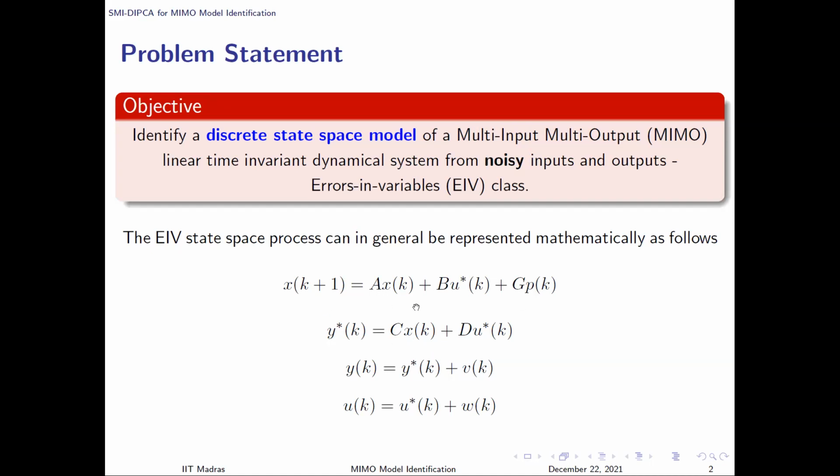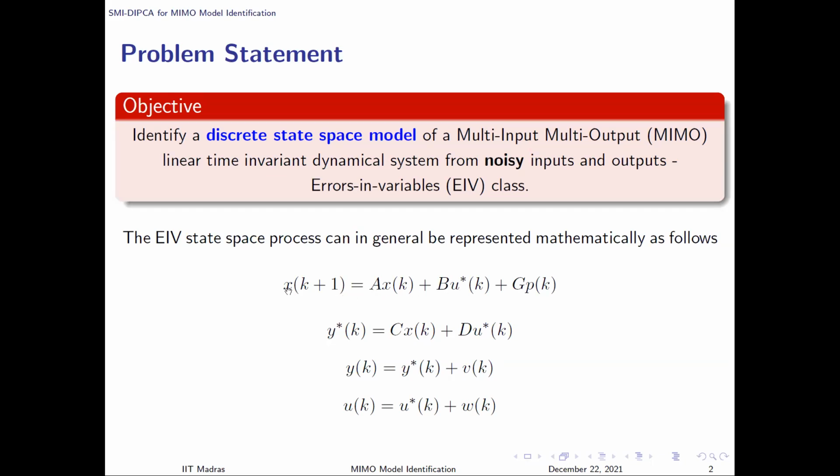So here I have put a general representation which also contains process noise. The first equation, forgive me for not using bold letters, which I use for all matrices and vectors, but because I didn't have much time to modify the slides, I left it as it is. So you take it that these are all multivariate,